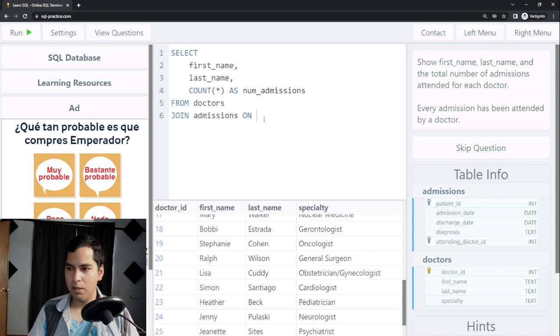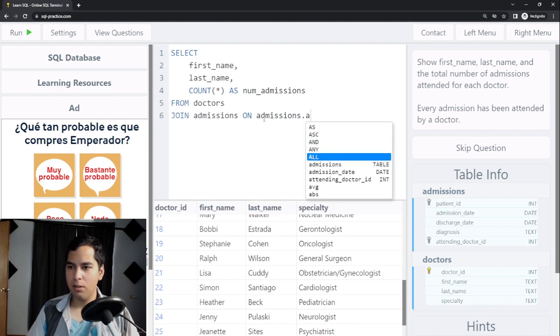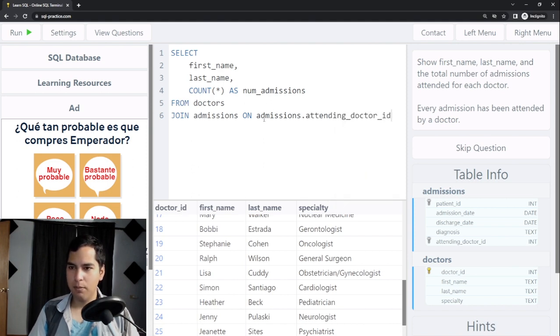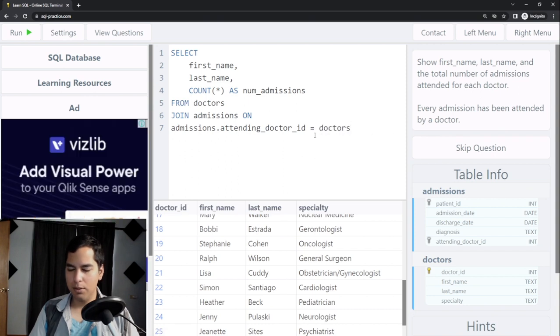So I'm going to say on admissions dot attending doctor ID equals doctors dot doctor ID. Okay, so if I do this,